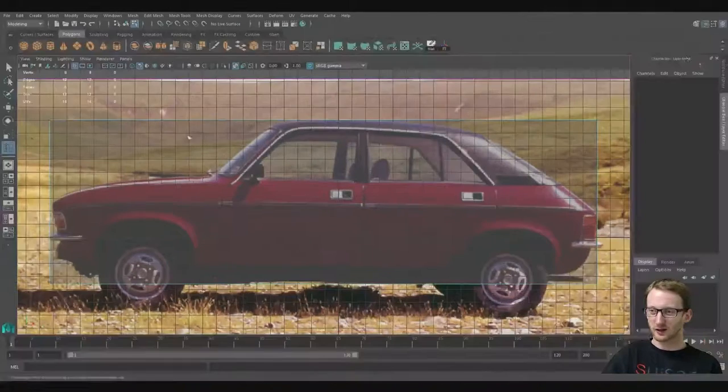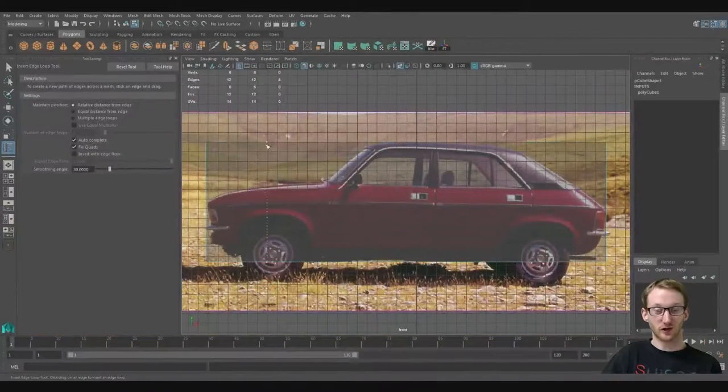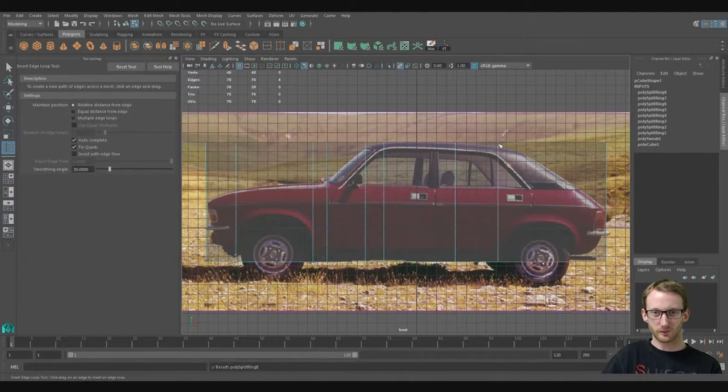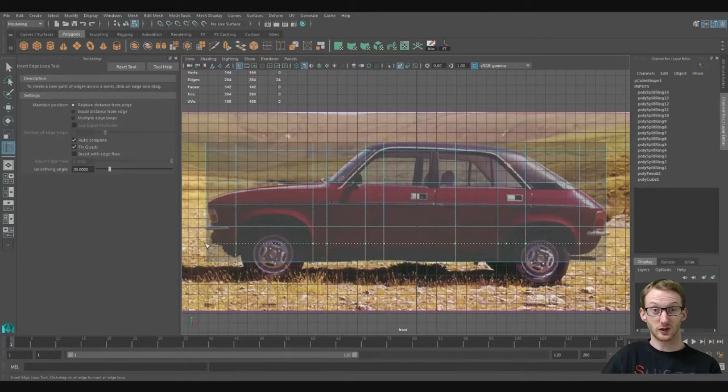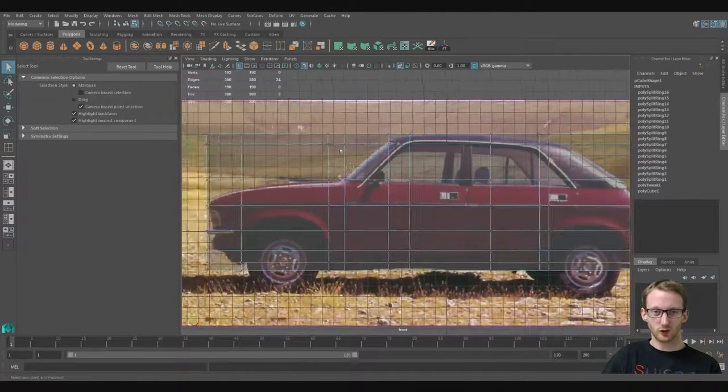Today I'm going to show you a little tutorial about Maya, how to model a car. The aim of this tutorial is to create a car, not really high poly. I think it's like 1500 at the end, but you will see that it's a decent resolution. So what I'm doing now is I create one cube